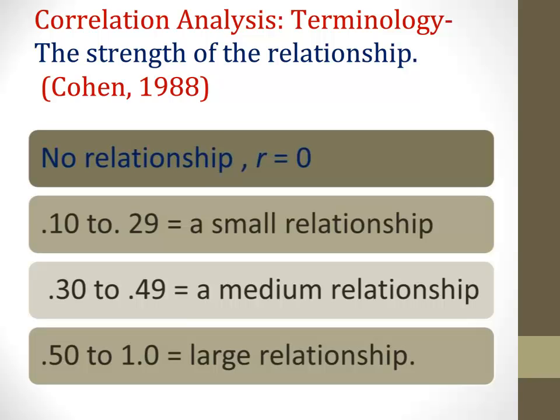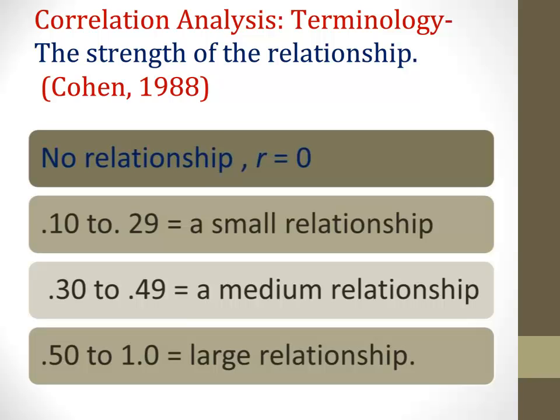According to Cohen's 1988 conventions, as we've already established, 0 indicates that there's no relationship. A 0.10 to 0.29 indicates that there's a small relationship between variables. 0.30 to 0.49 indicates that there's a medium relationship, and anything between 0.5 and 1 indicates that there is a large or strong relationship. Now, as we're talking about Cohen here, I want to take a moment and note that